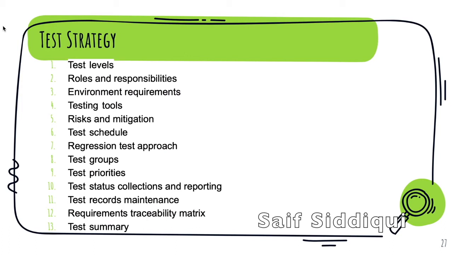Then requirement traceability matrix. Basically against each requirement there are n number of test cases. So for example, it is a login requirement, and for login we will be having some test cases. So you can say in simple words, requirement traceability matrix is a scenario which has some test cases attached to it. So one scenario will have different test cases. Likewise, when we have 4 to 5 scenarios, or maybe x number of scenarios, then all those scenarios will have n number of test cases. So x will have 3 test cases, y will have 5 test cases. So all different requirements and scenarios combined together form the requirement traceability matrix.